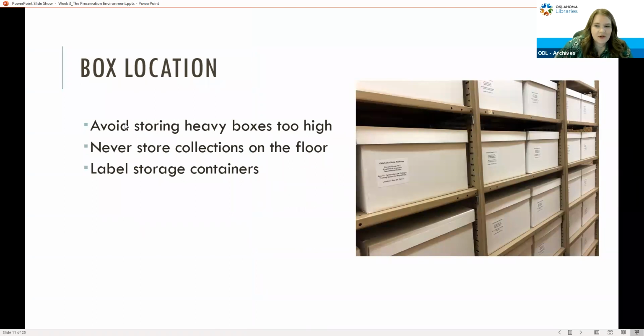Box location. So this is just a picture I included of some of our boxes here in the state archives. Because we deal with government records, our volume of records is really, really high. So we use cubic foot boxes as opposed to the traditional 5-inch gray archival boxes. But you want to make sure that when you're storing a large collection or a large volume of records that you're not putting really, really heavy boxes really high up because that poses a safety risk, obviously, to you and